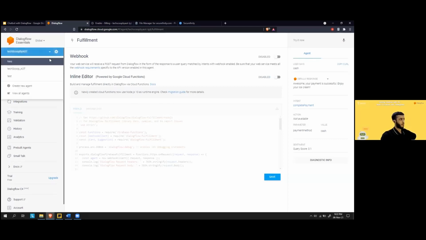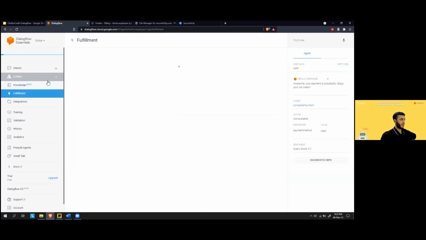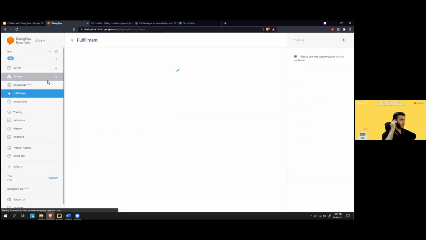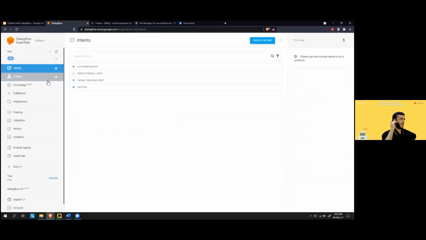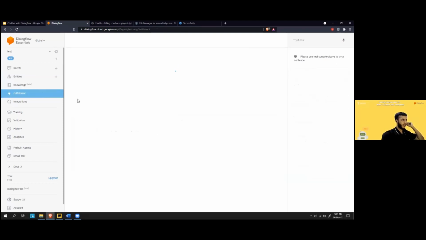So I am going to switch agents now. I knew this could happen. There is a quota system in a particular day, but no worries. I have already dealt with that in a test bot. So just as a backup, I have prepared an agent earlier on where I have written this piece of code